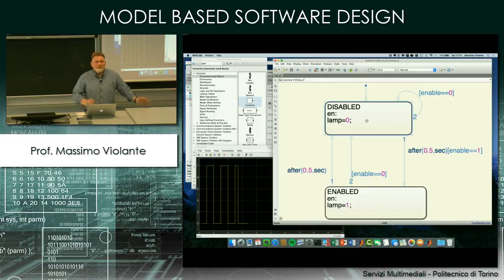Then, what happens if we are in a state and none of the outgoing transition is enabled? We stay in the state. We do not do any state transition. Okay? Is this clear? Okay. So,